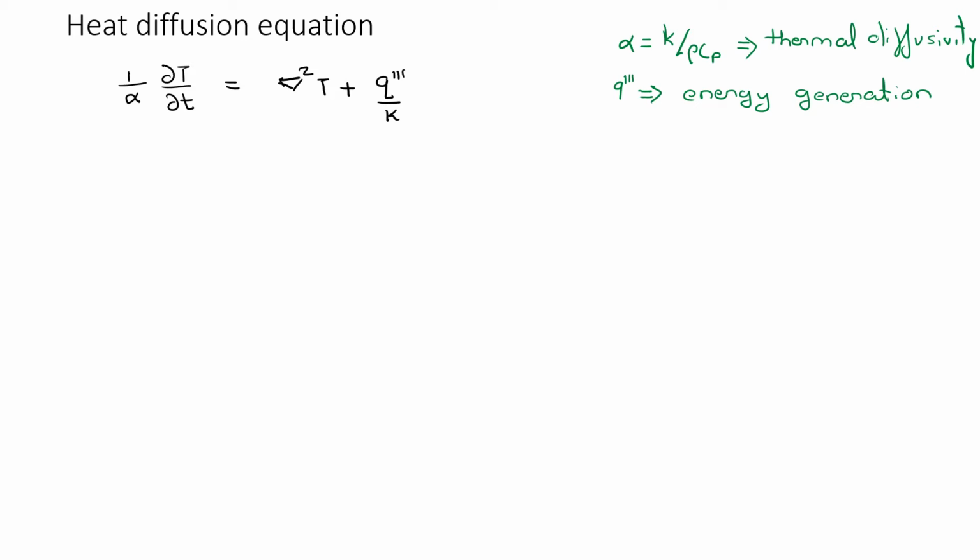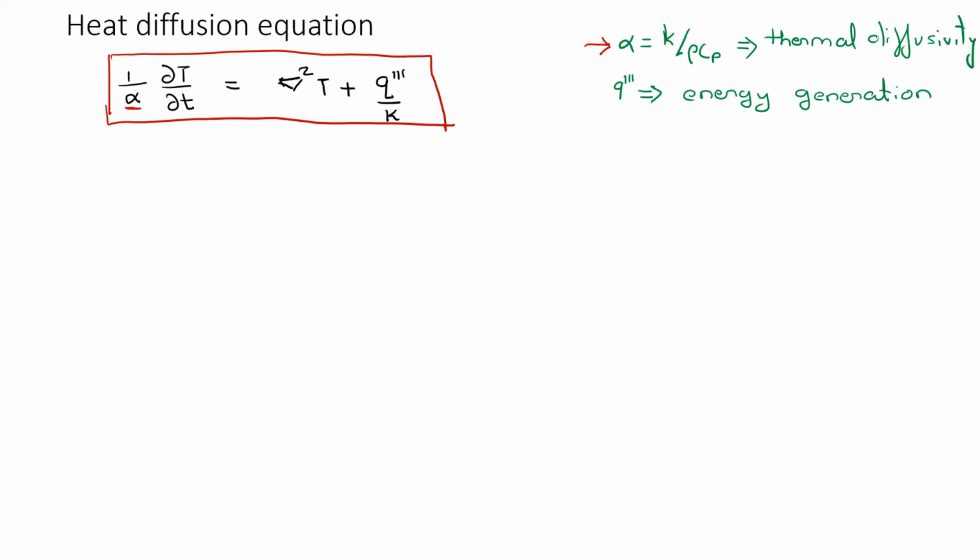Alright, in this video we'll move forward from where we left in video 2. We derived the heat diffusion equation by taking a control volume and applying the energy balance equation to it. The heat diffusion equation that we got was 1 upon alpha times the partial derivative of temperature with respect to time, where alpha is the thermal diffusivity. It's k, the thermal conductivity, divided by rho times Cp,